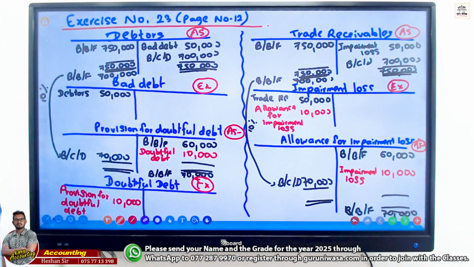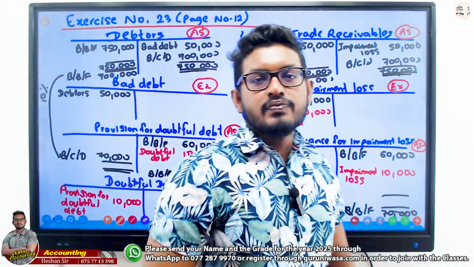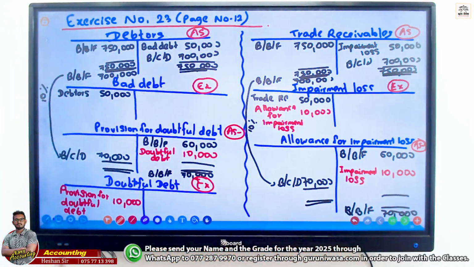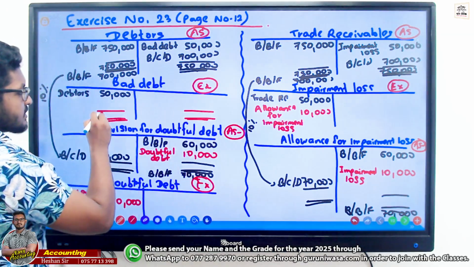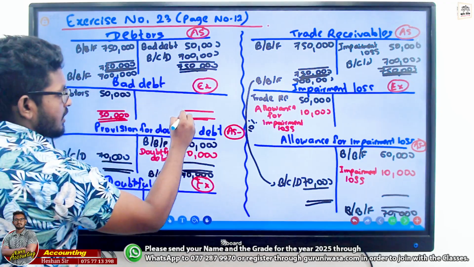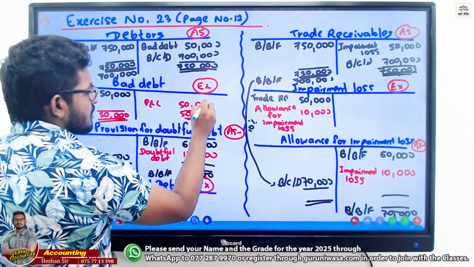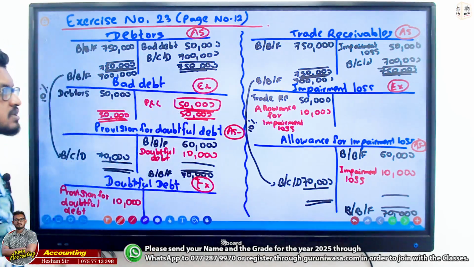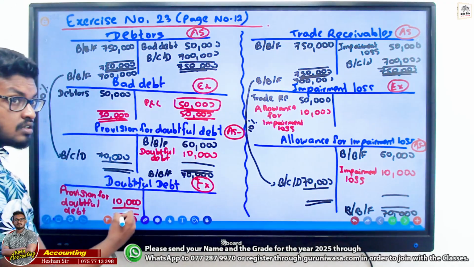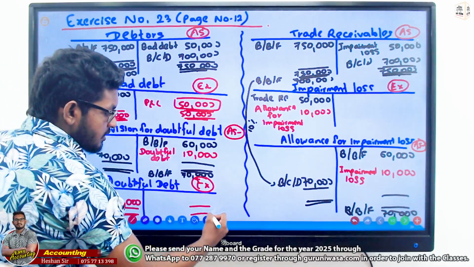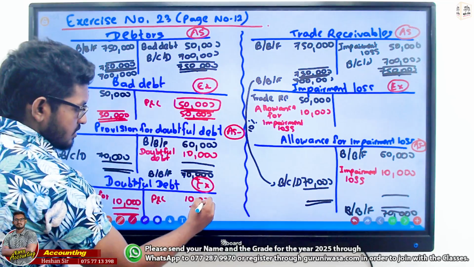Am I audible to you? Right? And hope you can remember I told you income and expense accounts do not go to next year. So when we identify, you remember I told you yesterday. If we take this 50,000, we write P&L and we debit to the P&L account. Send me a thumbs up. I want the answers. Easy, right? Do you remember I told you yesterday? Can you hear me? Doubtful debts also, since it is an expense account, P&L, 10,000.